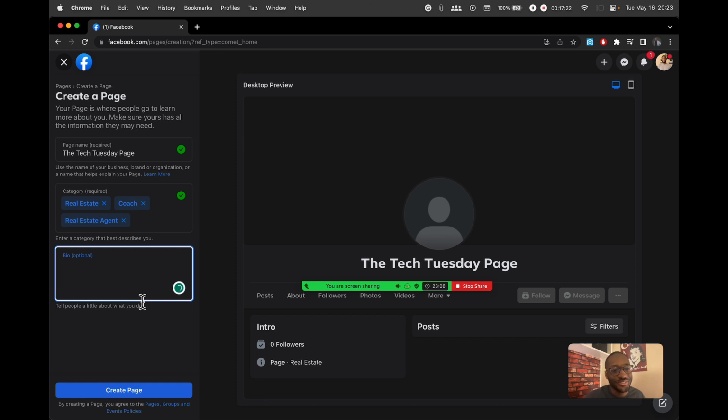Just get creative, just be a little bit different, because you're not just creating a page just to have a page. This is a brand. You're setting up a brand for your business. So do you want something for people to know you by? If you don't know what to put in here, it's optional. You don't have to put anything, but having something nice in here can go a long way over time. Okay, I'm just gonna put something generic in here.